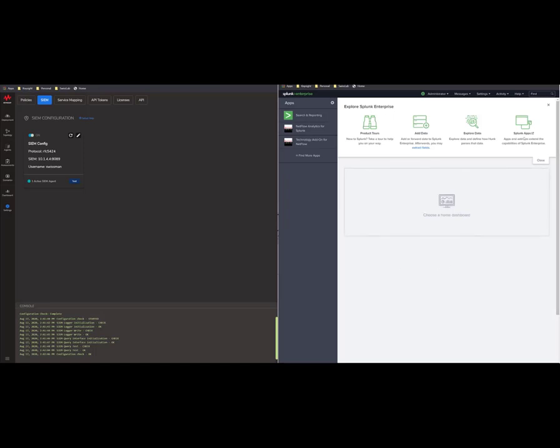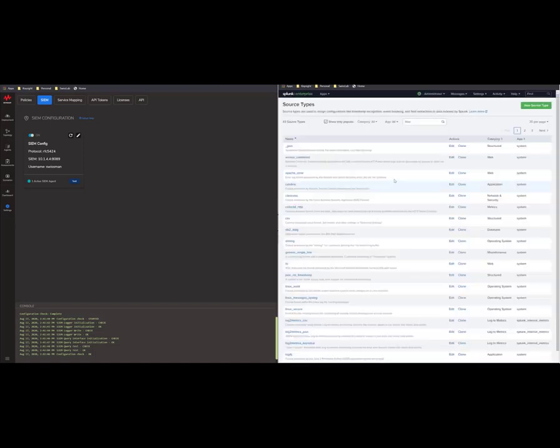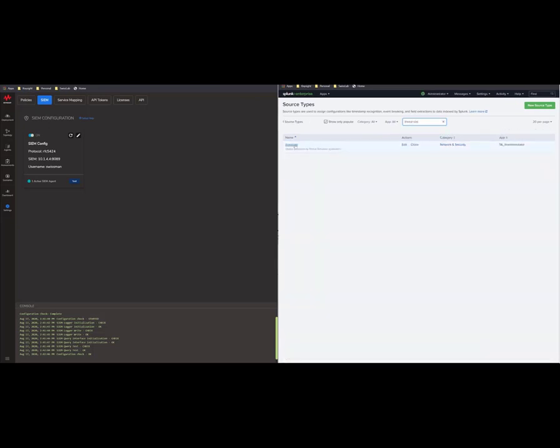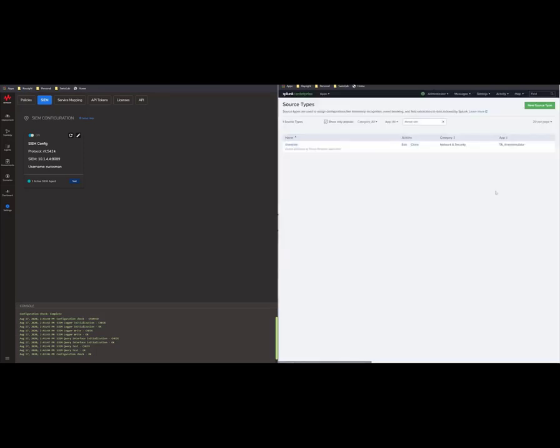In addition to that, we also have to do a few things in settings. The first thing we have to do is add an additional source type. In this case, it's called Threat Sim, and it's really straightforward. You just create this source type. Destination app is instrumentation, category is network and security, no index extraction, pretty straightforward. Regex for the event breaking policy. Once that is saved,